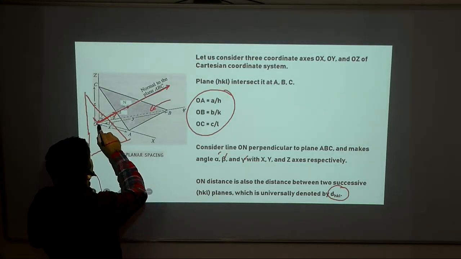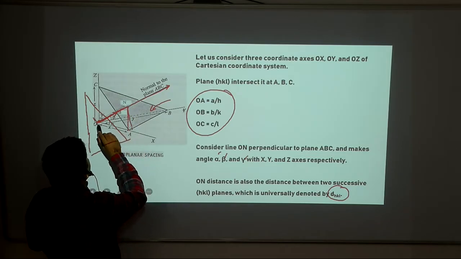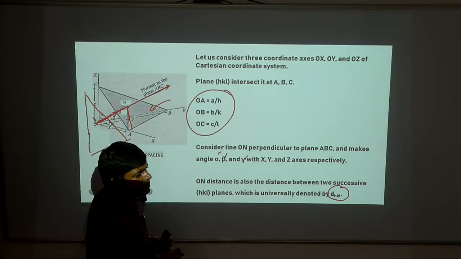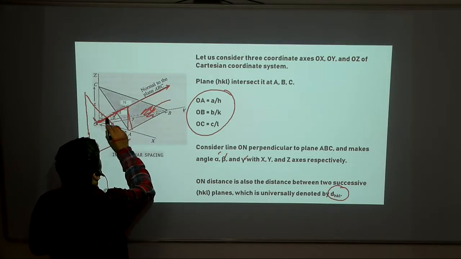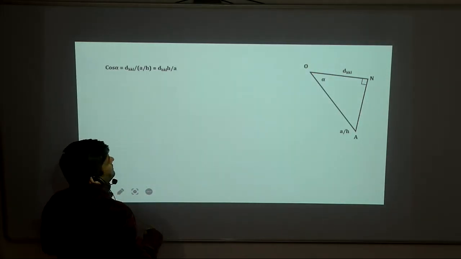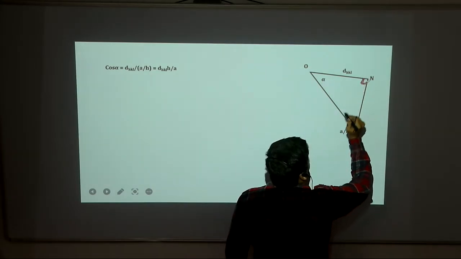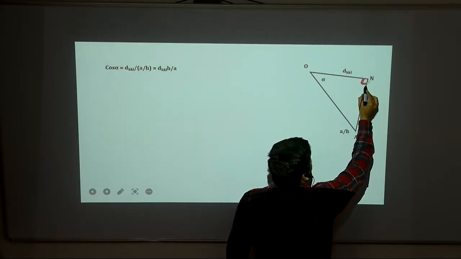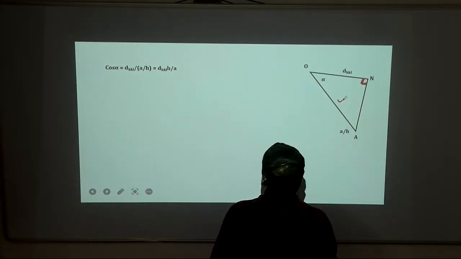So now, step by step, we are going to go ahead. Firstly, we will consider the right angle triangle. As this ON is perpendicular to this plane, ONA will be a right angle triangle, and this angle will be the right angle. So in this case we know,